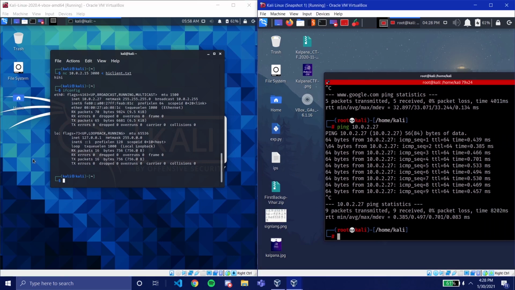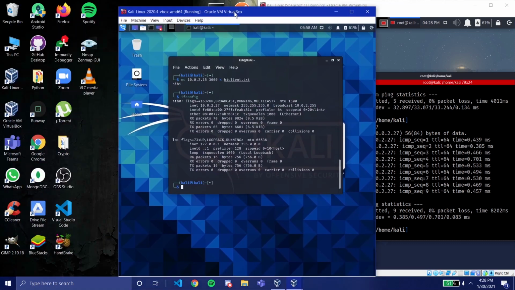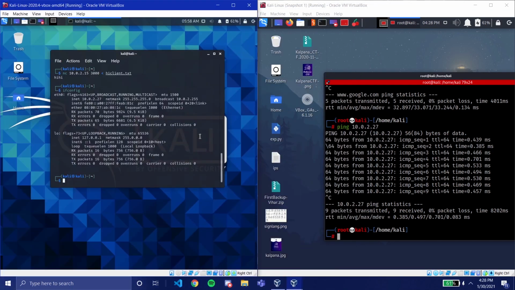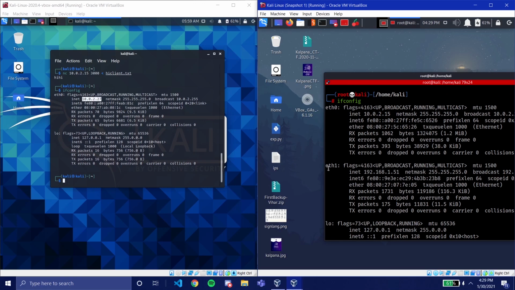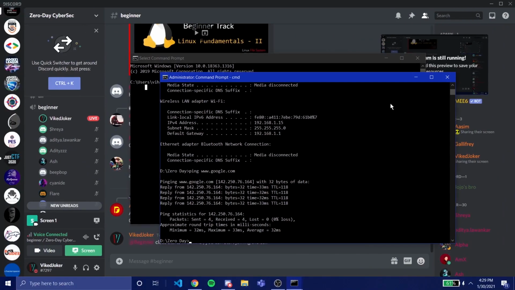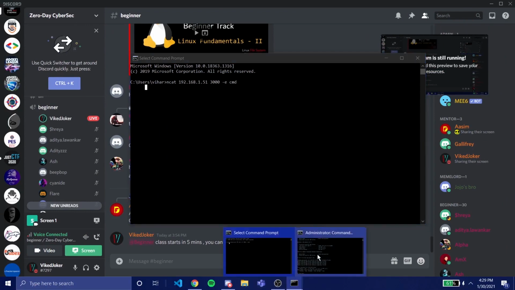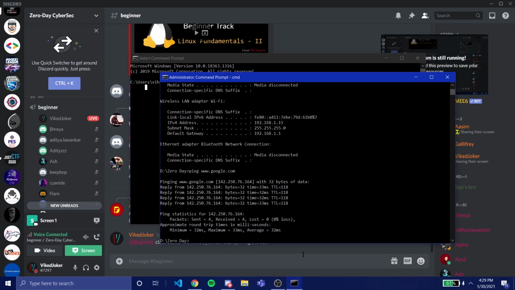I can transfer files, and you saw I can establish a connection between these both directly because they are in the same network. But I can't establish a connection between this Kali and my laptop because, as you can see, there's only one interface that connects it to the NAT network. But if you notice, last time I did ifconfig, there were actually 2 different interfaces in my personal one, which also connects it to my home network. This is the bridged adapter I was talking about if you want to connect it to your home machine. We'll talk about that in a much later class because that comes to the networking part.